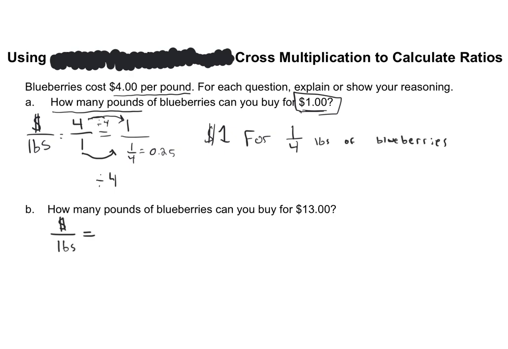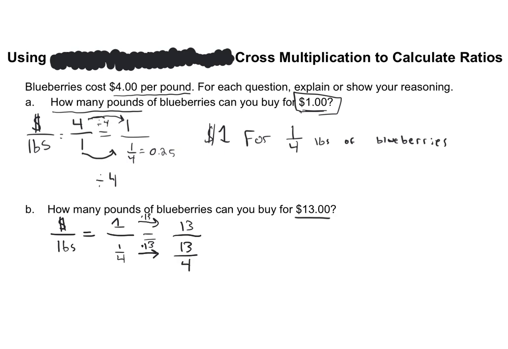So for this question, we're saying now how many pounds can we buy for $13? And set up that same ratio of dollars per pound, and we can actually use our answer to part A, and we know that for $1 we can buy 1/4 of a pound, and we can scale that up. We know we want $13. So to get 1 into a 13, that is some straight multiplication. So we'll multiply it by 13. Equivalent ratios, your numerator and denominator, are scaled the same. So we can go ahead and multiply our 1/4 by 13. And we get